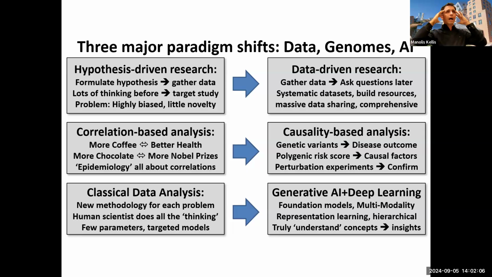Basically, I think that the time is there for us to truly push the frontiers of human understanding of biology. And I think that this generation of AI can actually do that. How? Through multimodality, through foundation models, the self-supervised learning and emergent capabilities, through representation learning, and through hierarchical concepts. And that's the deep part.